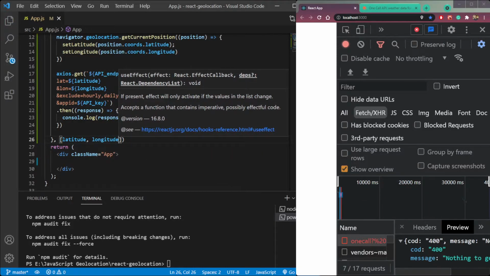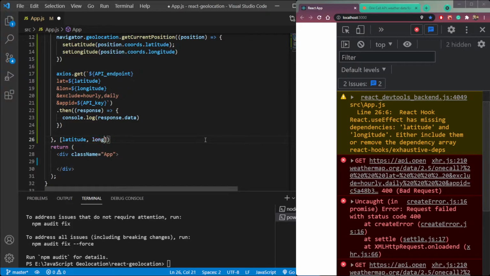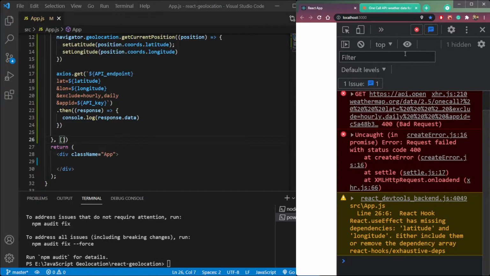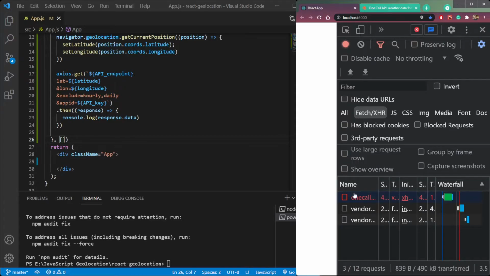Now save. If we open the console, bad request. No, this is not the problem. If we refresh the page, what do we get? Still the same problem. Network. Okay, now it is fine.